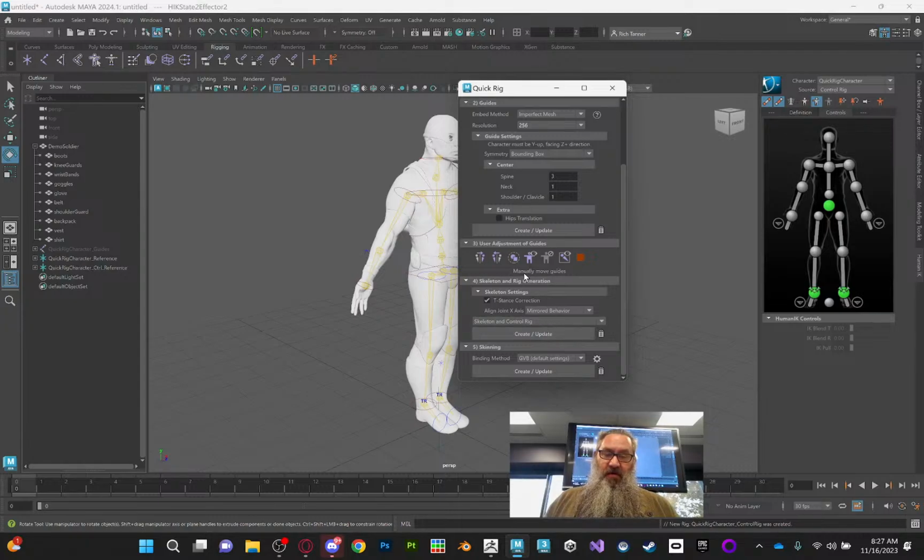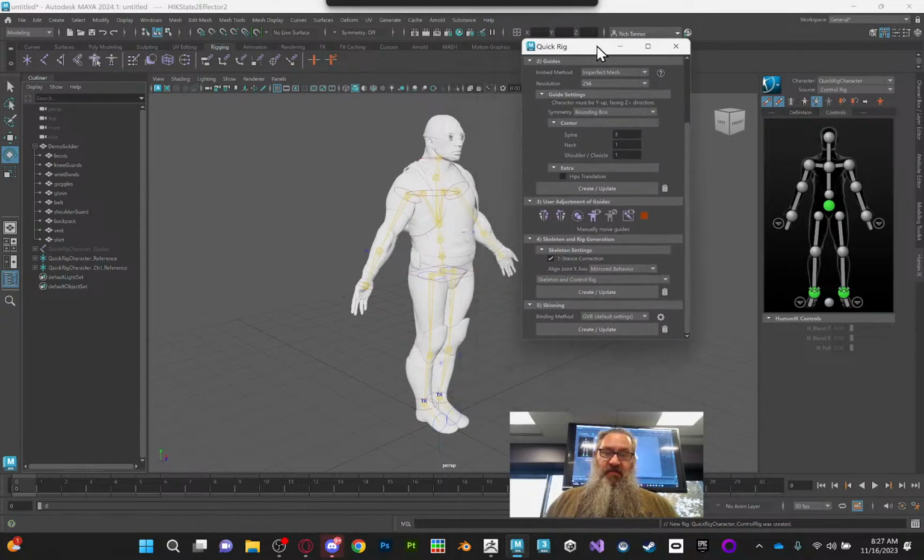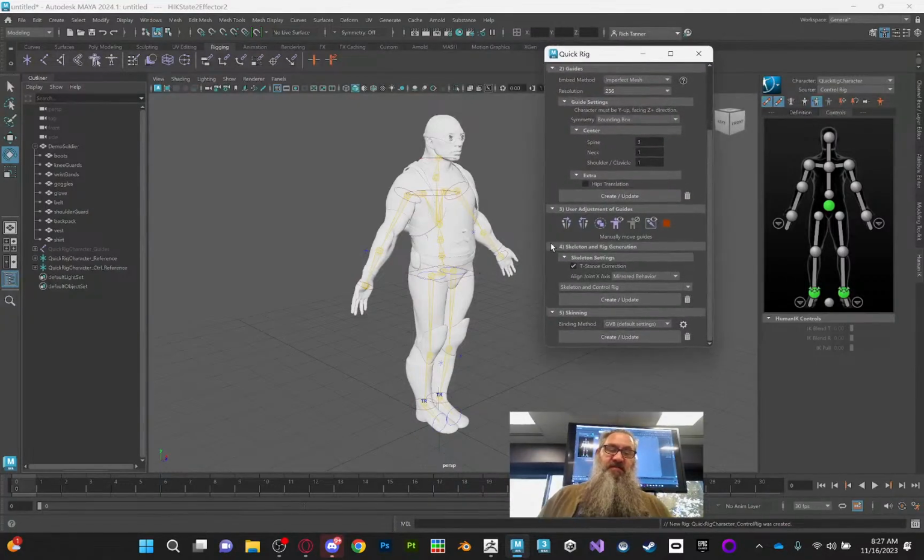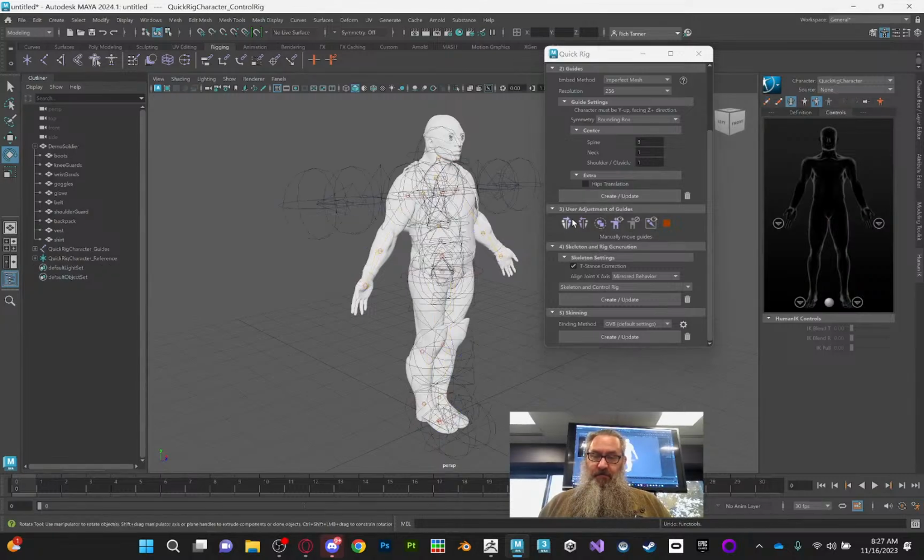Yeah, that's what I was looking for. I think they changed the look of the buttons. I'm looking for specific looking buttons that probably don't exist anymore. So these up here? Yeah. You created the guide and you're supposed to move around